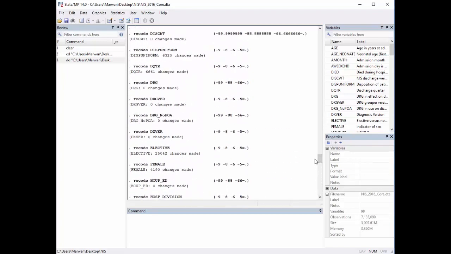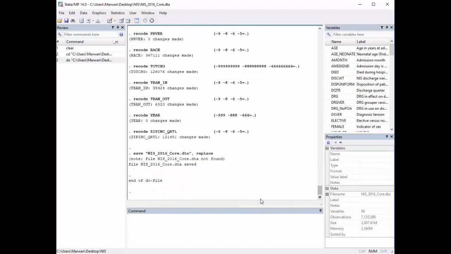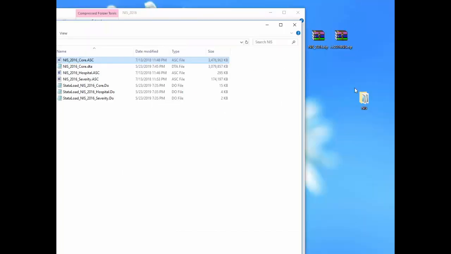I was literally just watching, and now it's done. So now the way we know that this is a successful extraction is because we can see here all the variables listed nicely, which is in the core file. Excellent. So to double check, we will look at our folder,